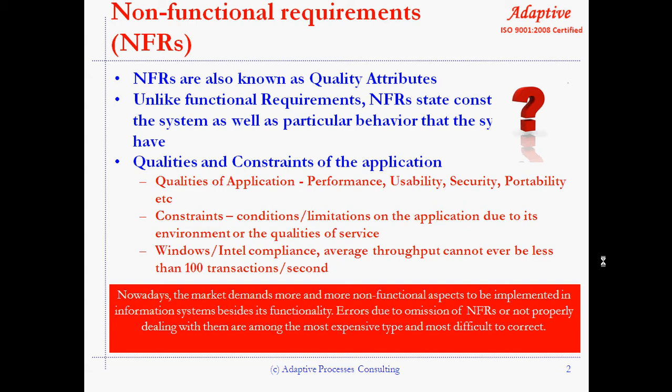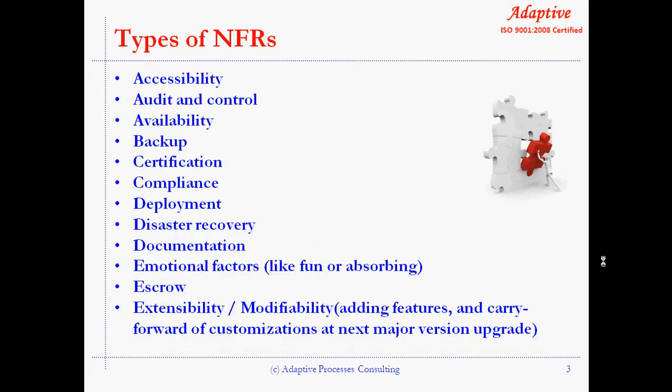So let us take a look at all the NFRs that are of interest to the software development community. Here we have listed the NFRs in the order of their alphabetical nature, not necessarily with respect to the importance of the attribute. What we advise you is to take a look at these NFRs and make a small Excel